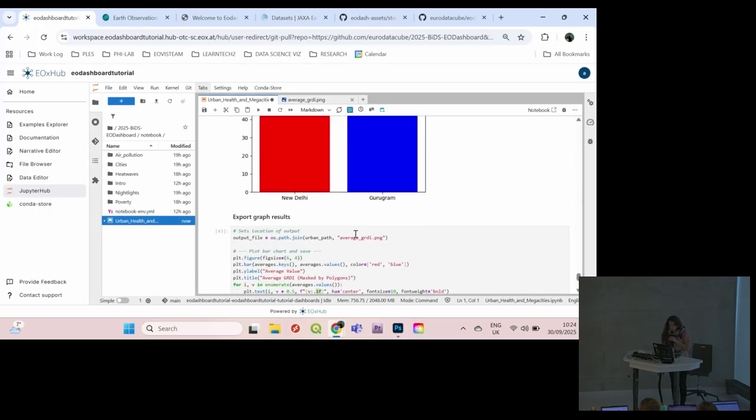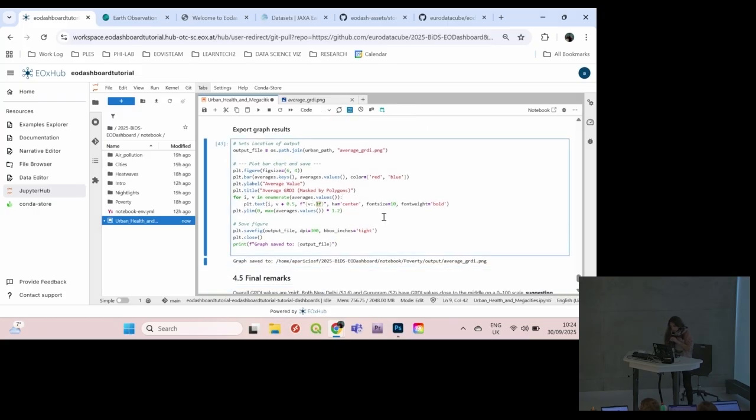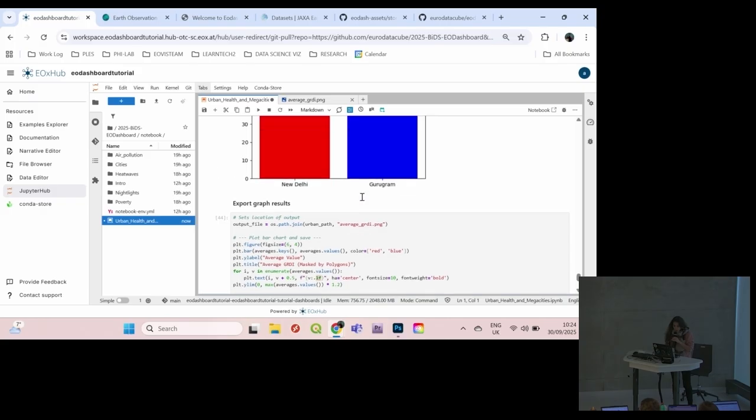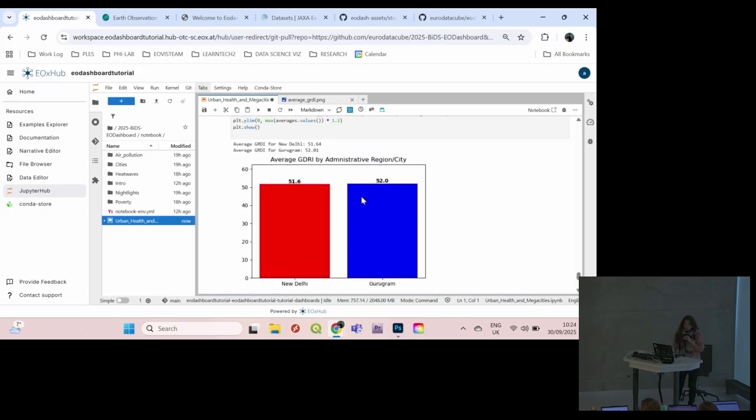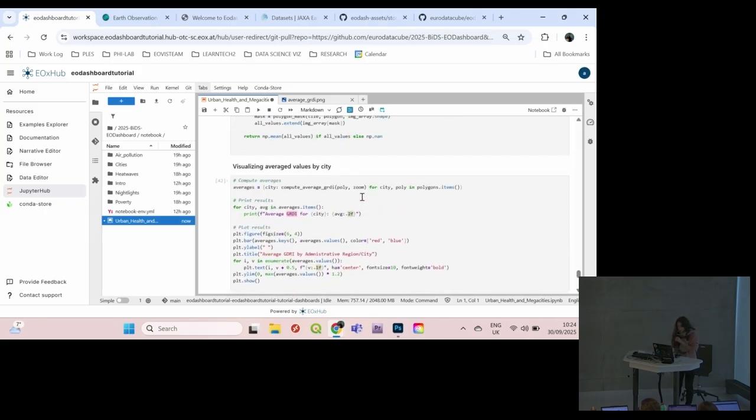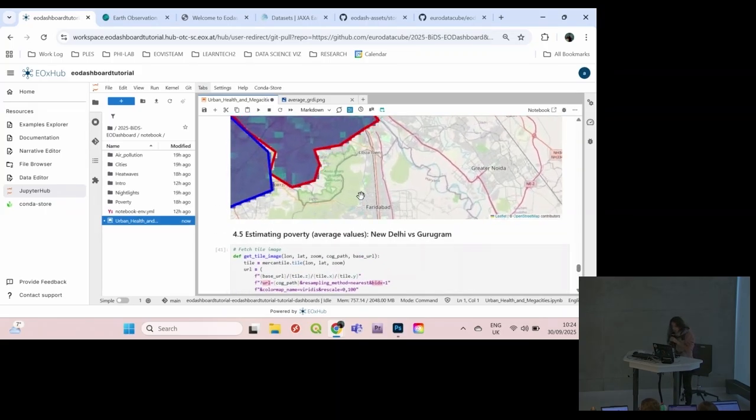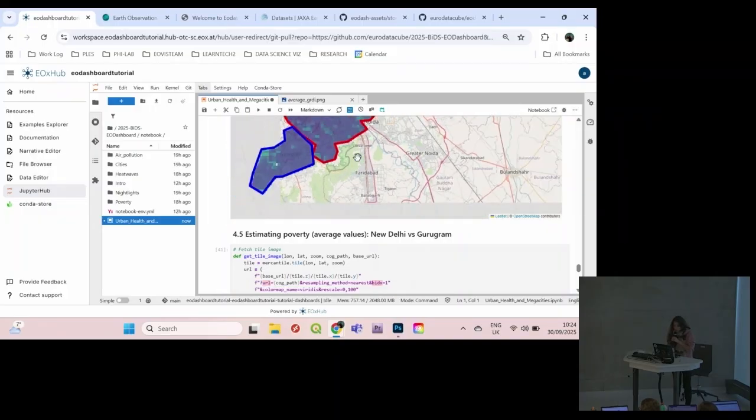And now here we can export also our graph that we can use on the story later when we plot the satellite imagery, and then we discuss about these interesting results. So let's go back out of curiosity